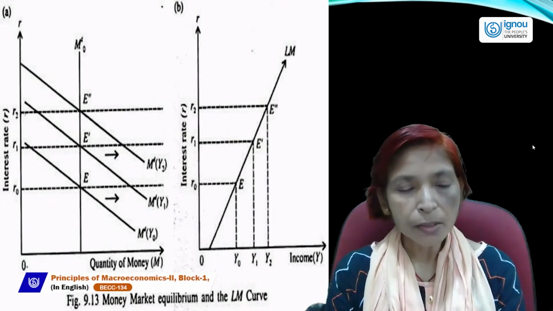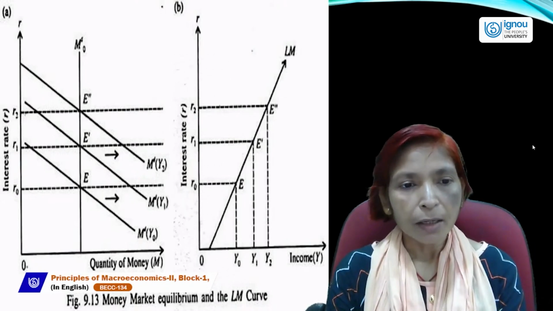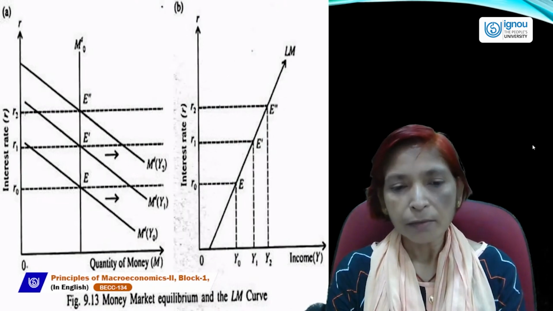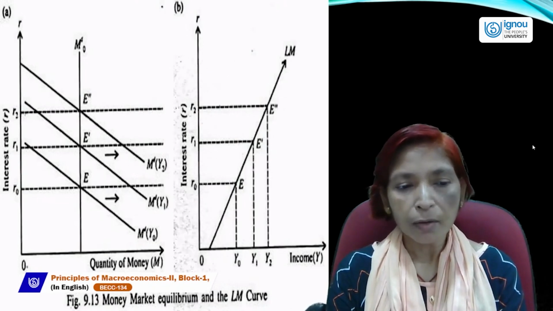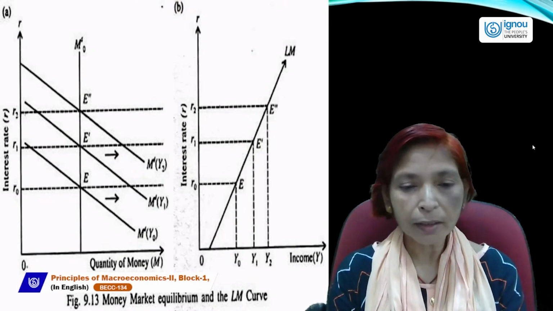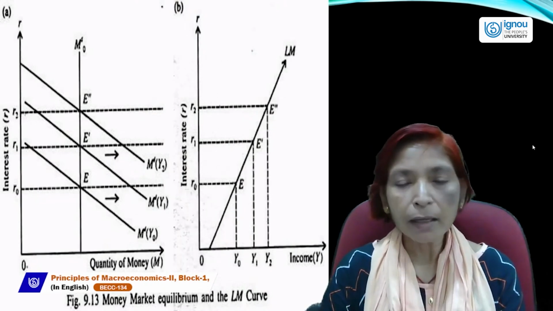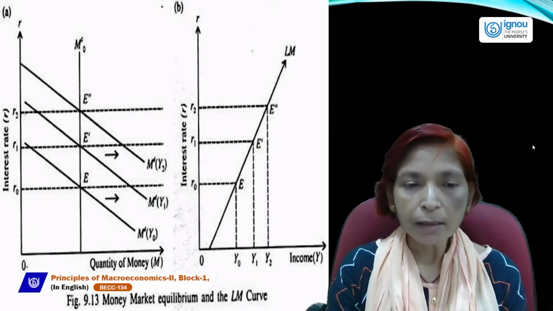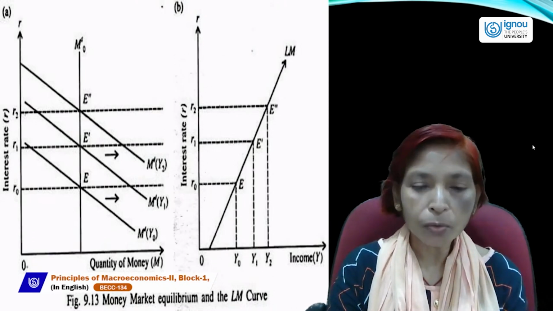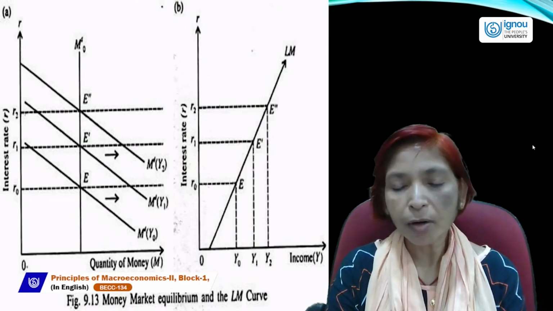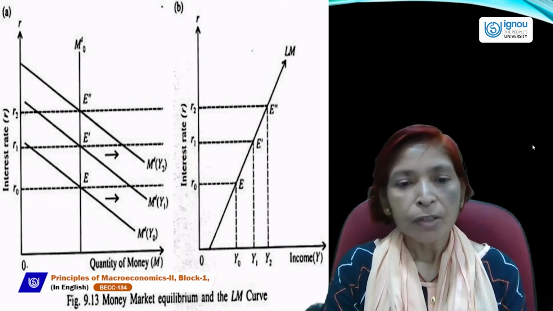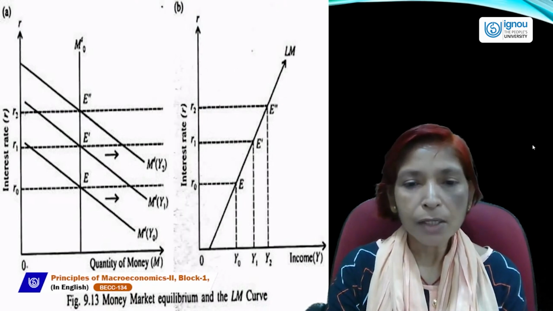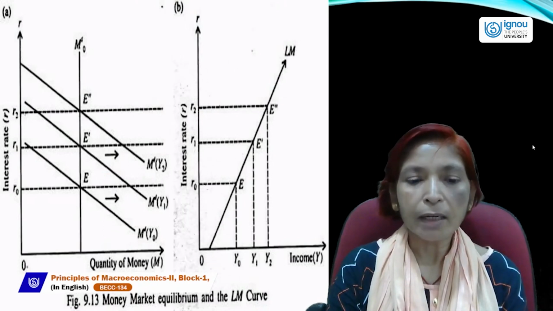If we join these three rate of interest lines to another curve, then we can draw the LM curve with the help of this. Here at a lower rate of interest, income will be less. At a high rate of interest, income will be high. At another rate of interest, if this is R2, then the income level will also increase from Y1 to Y2. So if we join these three equilibrium points, E, E dash and E double dash, then we can get the